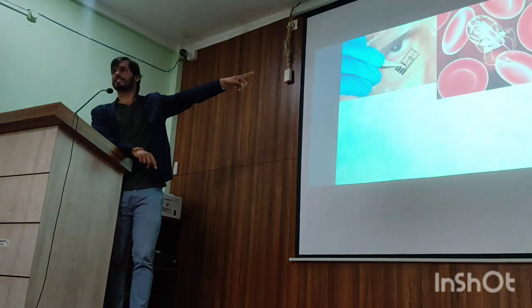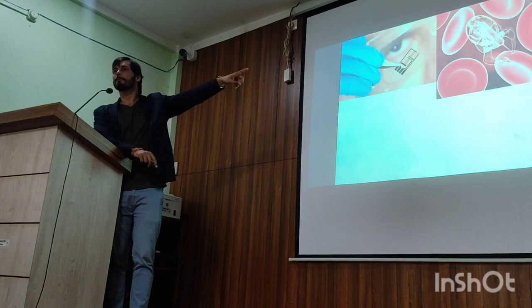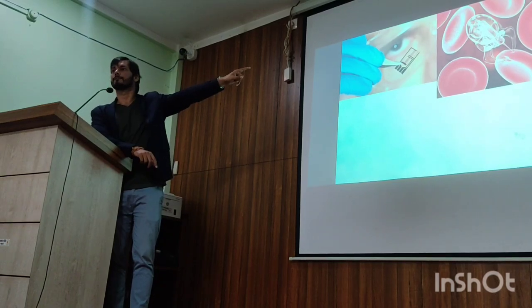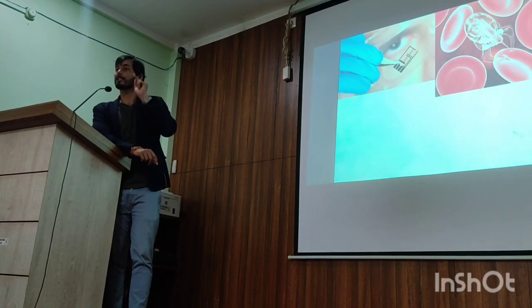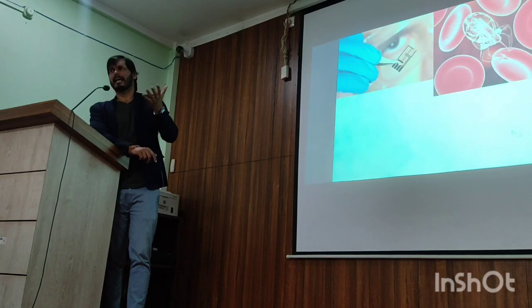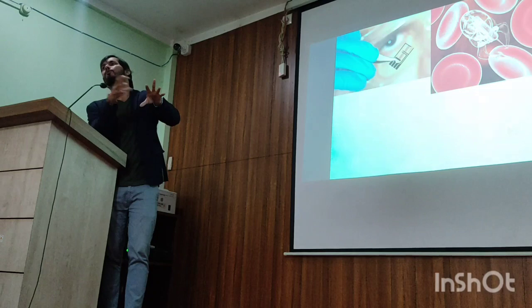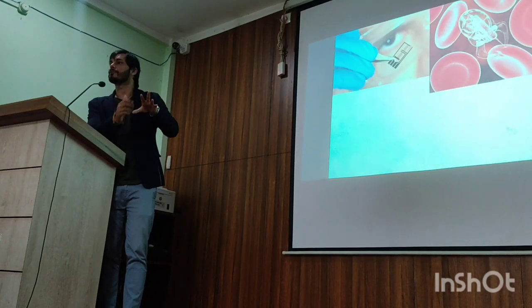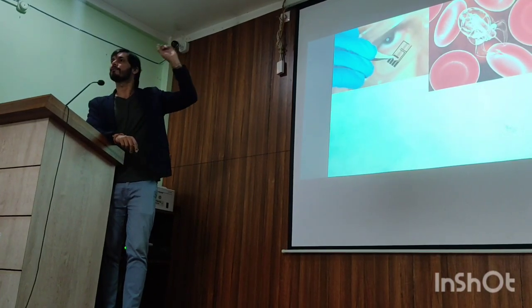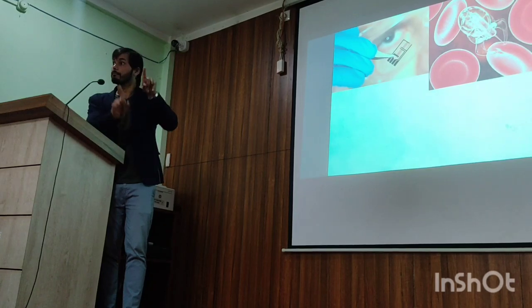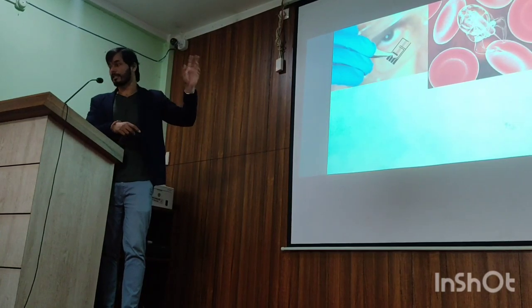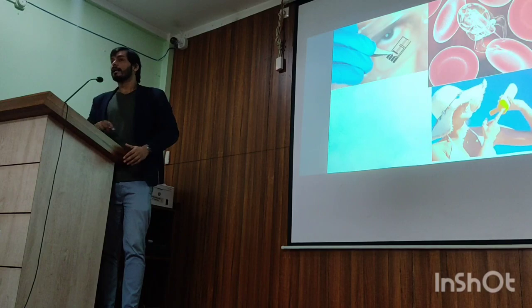Next is medical. This is basically a futuristic image. People are talking about this kind of nanobots, which can target cancer cells. In cancer treatment, all cells get treated and die, so good cells also die. But this kind of nanobots will target only the affected cells and not touch the good cells. This is very futuristic, in fact people are working on it now.